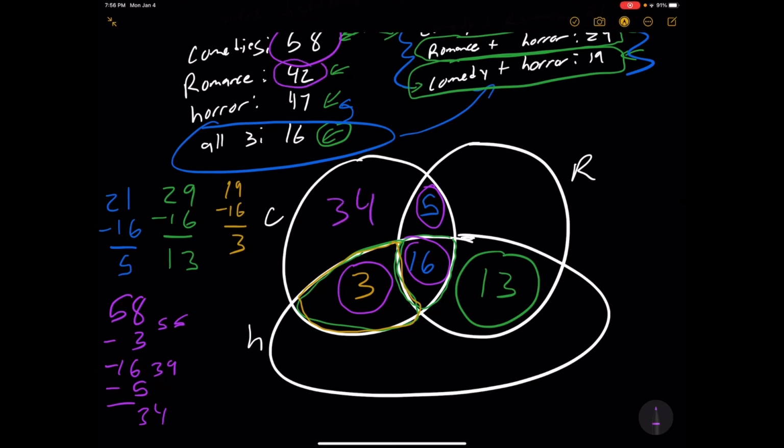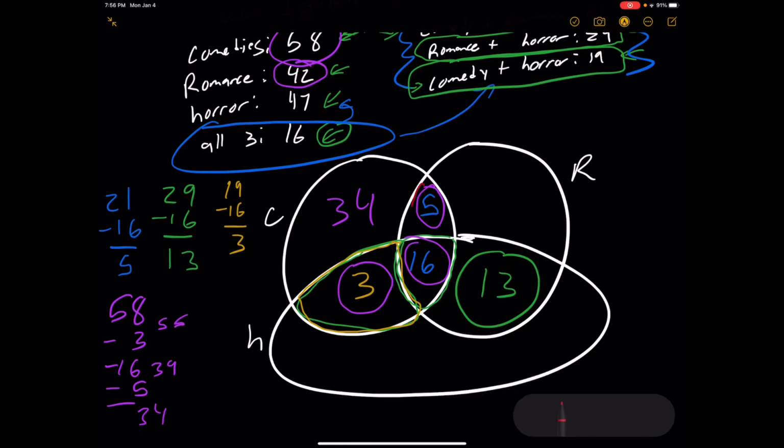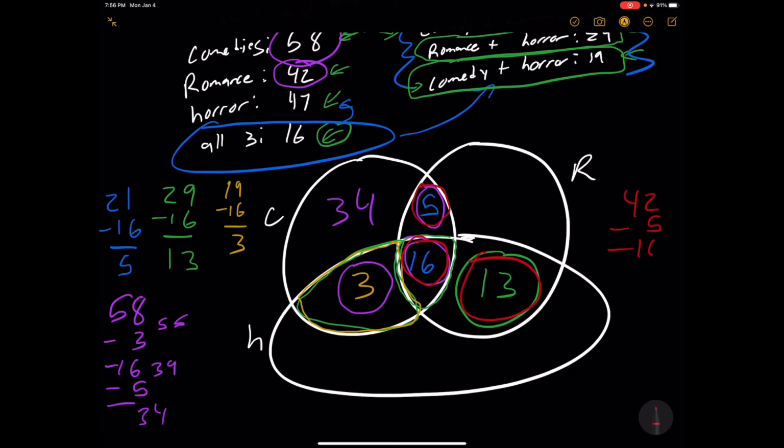Romance, we have 42, but 5, 16, and I'll change my color again to red. 5, 16, and 13 people all like romance already. So we're going to have to do our subtraction again. We're going to have to do 42 minus 5 minus 16 minus 13. And this time we are left with,